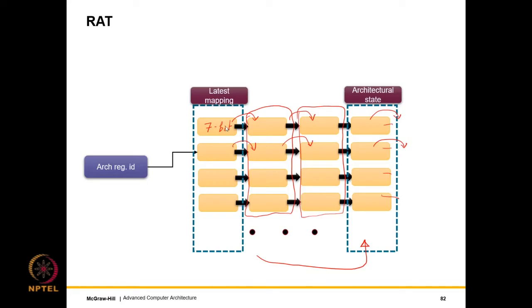rename values. All that we need to do is transfer the values in these registers one step to the right. The same way that we operate a shift register or a linked list, we take all of these values, transfer them one step to the right, and this is our latest rename table, which we can keep on updating. There's no problem. But whenever we want to freeze it, essentially take an instantaneous photograph of it, all that we do is shift it one step to the right.